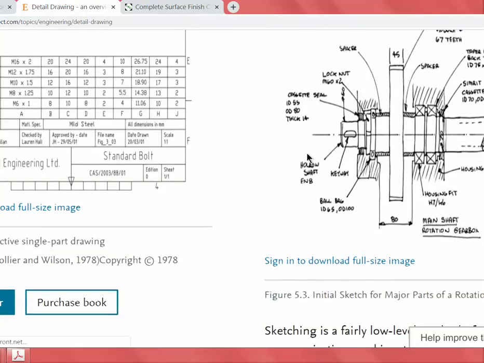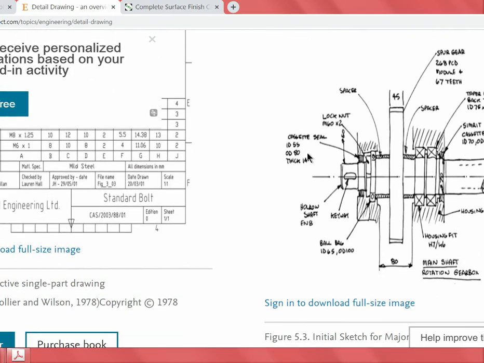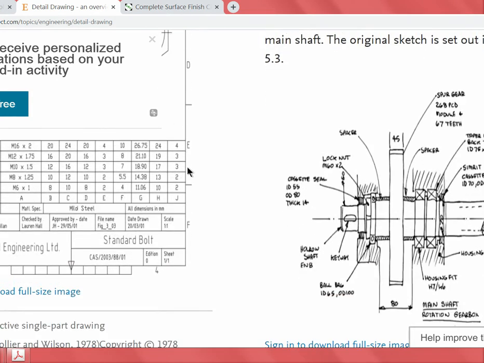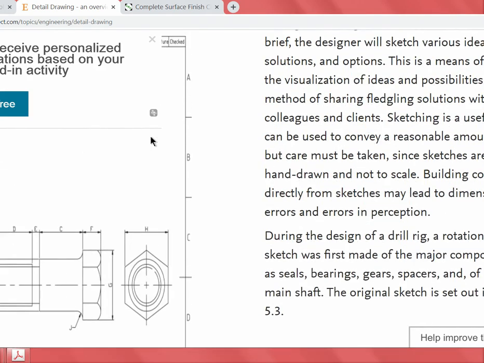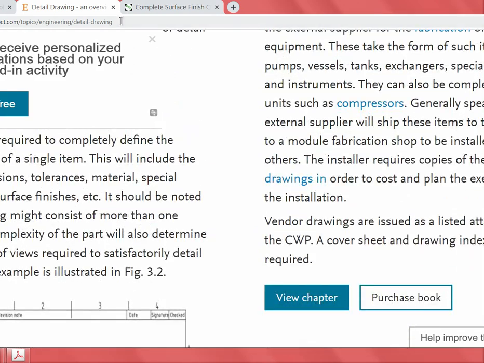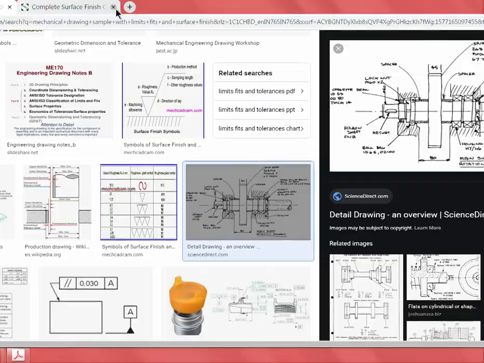Now, see here, just like me, they have indicated everything on their own, and here something related to the title block, in which the type of materials that are required and everything is also mentioned. This probably forms part of the various assembly drawings and so on.